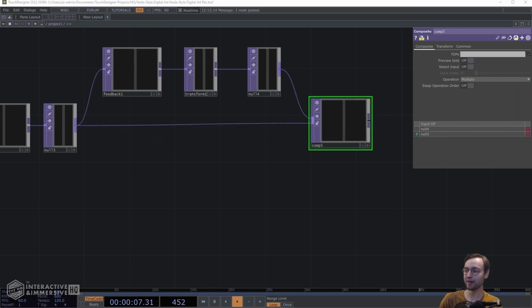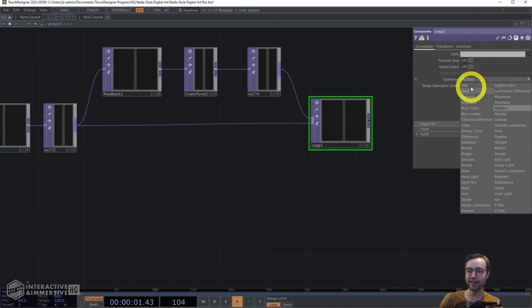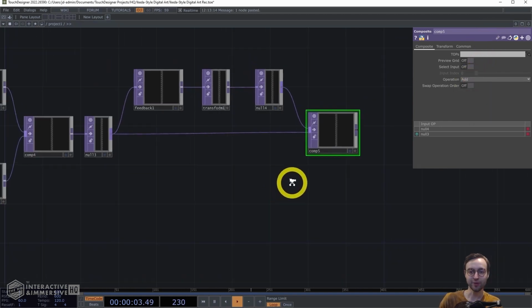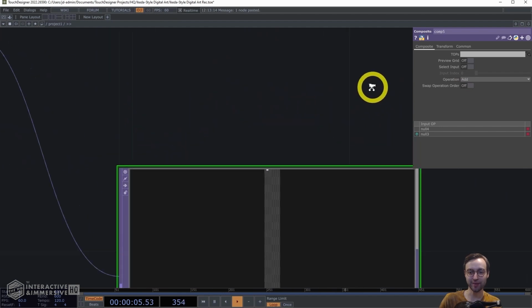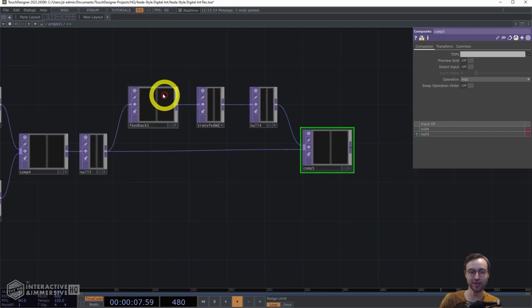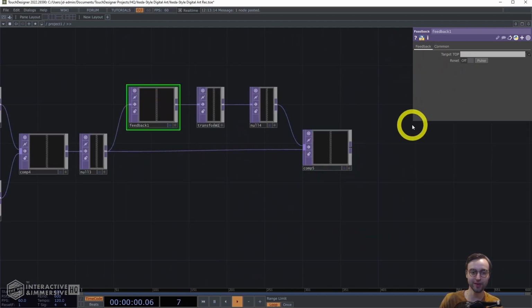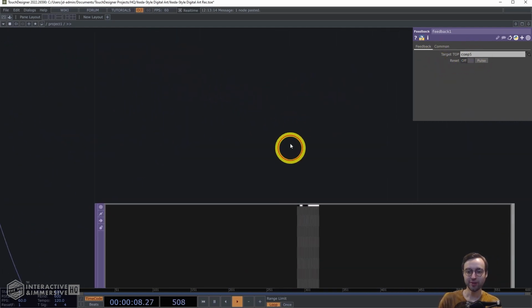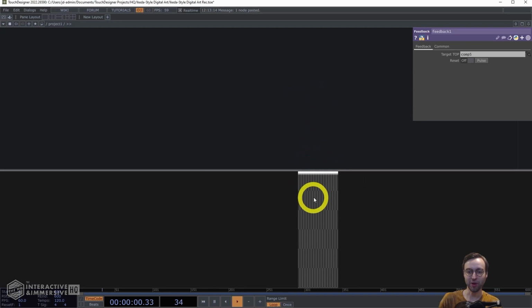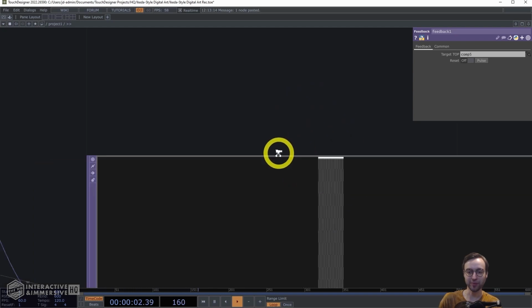Within the composite, we're going to set the composite operation to add. And then, of course, we don't have any feedback being generated yet because we haven't set a target top within our feedback top. So to do that, let's just go ahead and click and drag comp5 onto the target top parameter. And then what we should see is that this upper bar will kind of fill up because we're not